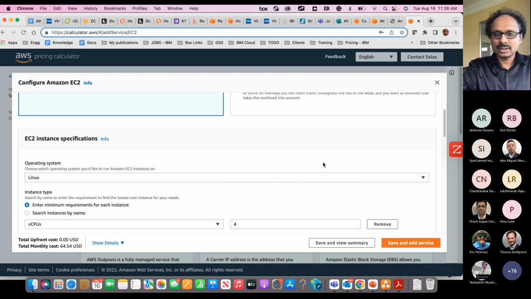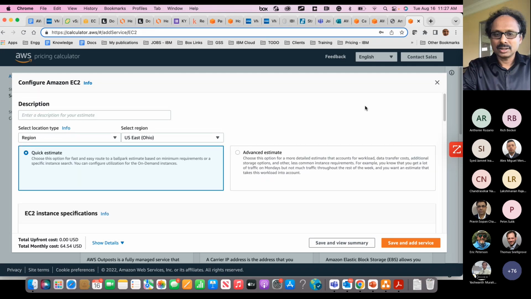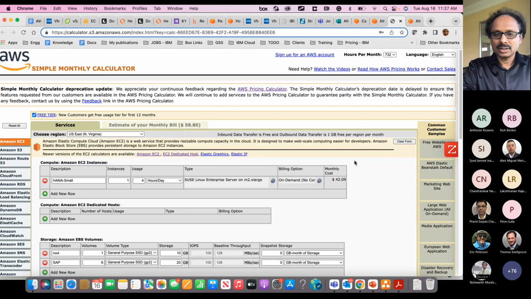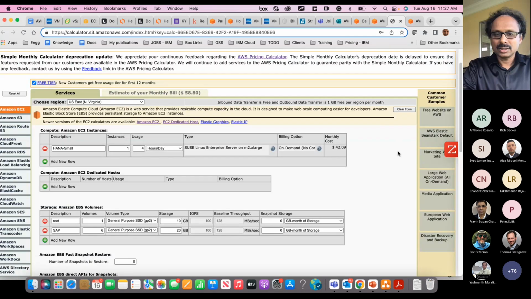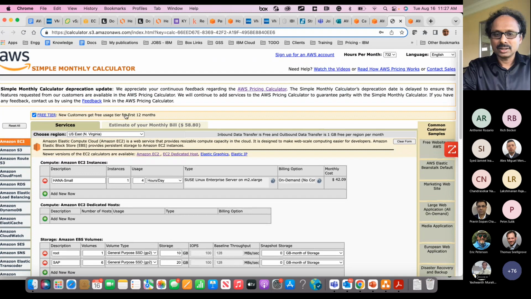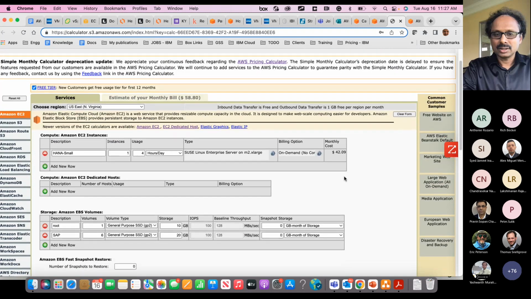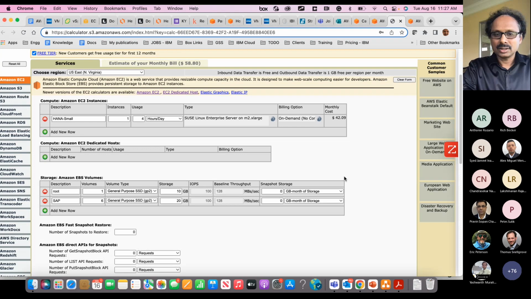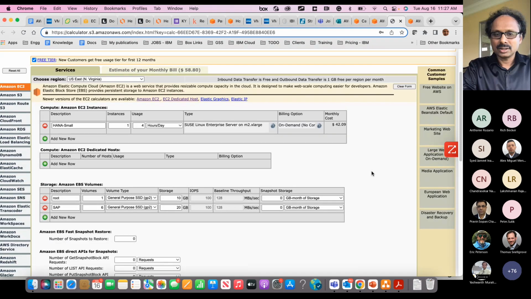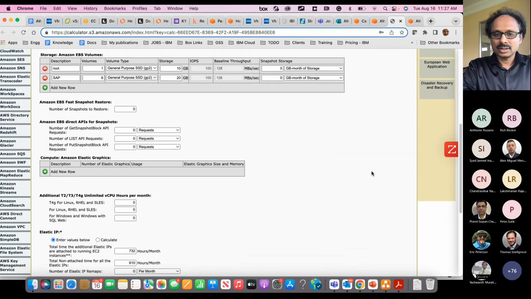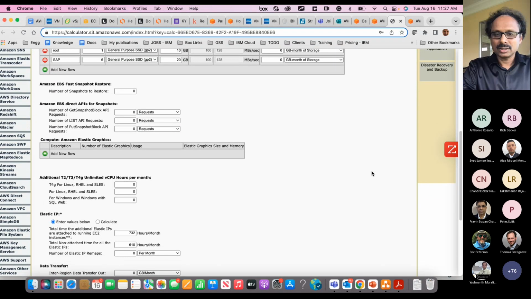Once you provide this data, these tools will calculate and provide you the cost. So it's very important that we provide the estimate for our customers and utilize these tools provided by AWS in order to estimate how much charges they will accrue. This is another tool AWS is mandating that we utilize when we submit the Migration Acceleration Program (MAP). If you request MAP assistance from AWS, they ask us to put all the data in this tool and provide an estimate of the yearly and monthly charges.